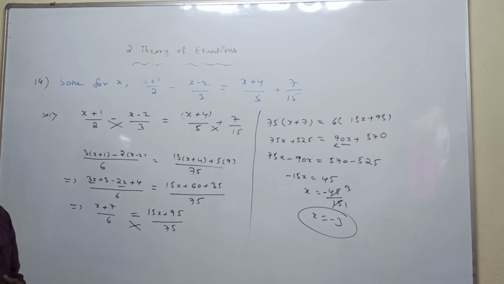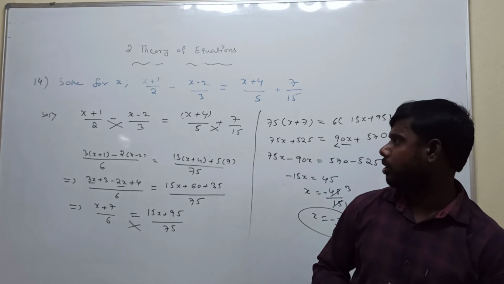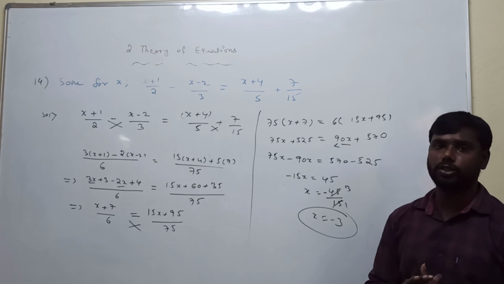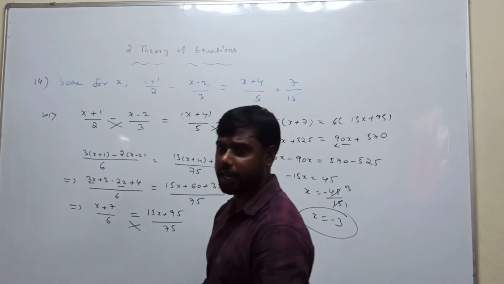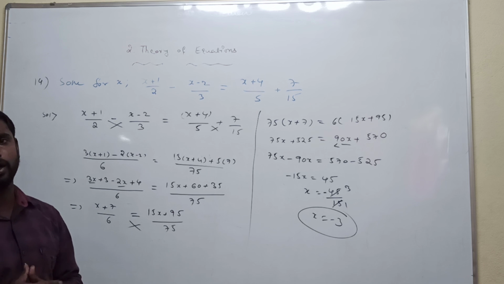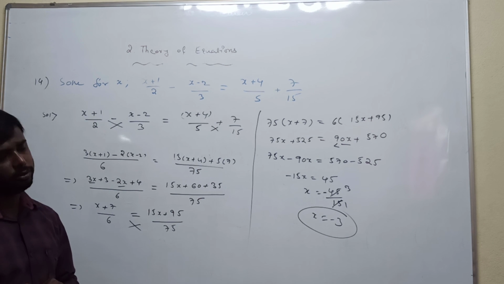If you have any doubt, please ask me. This chapter is very easy. What is the given equation? First, write the x variable on one side and the constant values on one side. Finally we get the x value. This is the process for how to find the value of x. You understood? Thank you everyone.